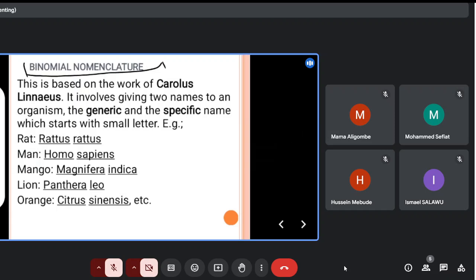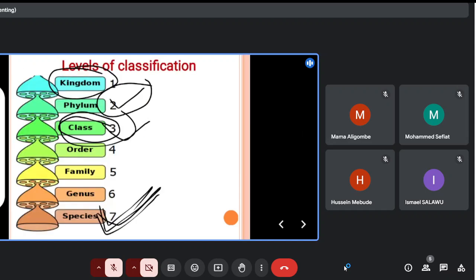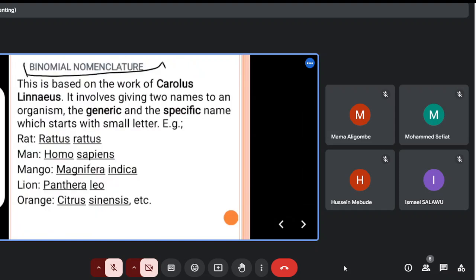Then we also emphasize the essence of the two naming system, that organisms are given the last two names of the levels. This generic name, whatever genus an organism belongs to and whatever species it belongs to, those two names are what make up the scientific name of an organism. The same way we also have our individual names, our first name and our last name. So the genus is standing as probably the last name of the organism, then the species serves as the first name of the organism. So it was Carolus that initiated that naming idea,